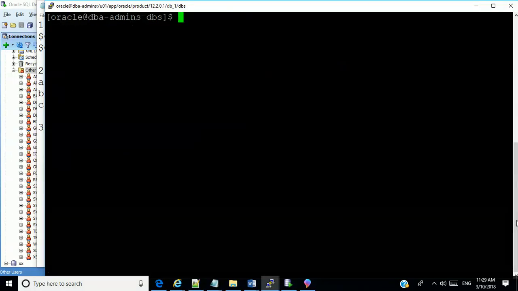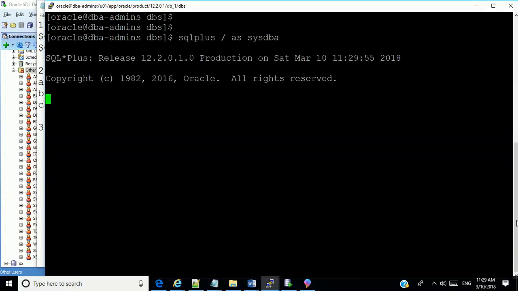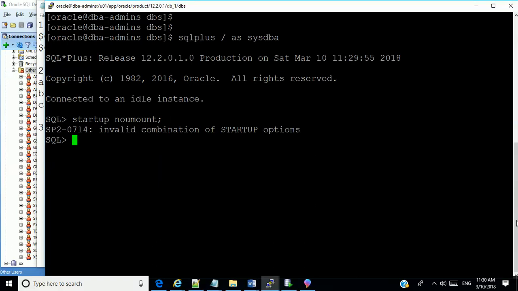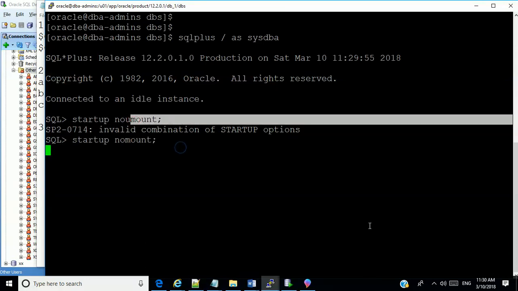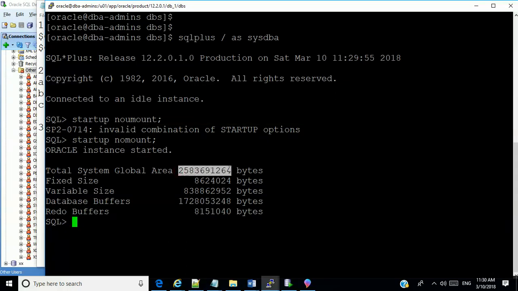Are we there? SQL*Plus, startup nomount. Okay. What it does here, the database is not open, it only just allocates the memory structure. Remember what we read?